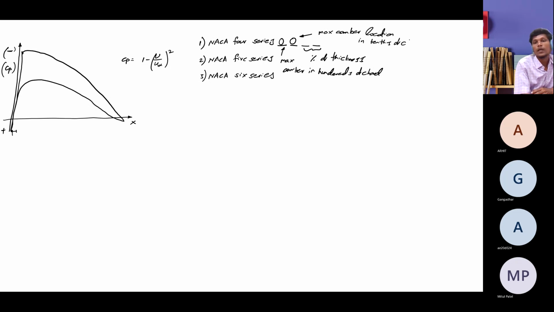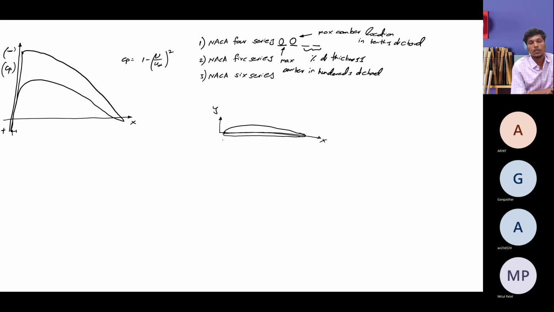So your chord is the key parameter, and you define all other parameters in terms of the chord only. If you want a certain chord length, then all your remaining parameters are also decided. Then how you generate this aerofoil is also a key interesting concept. With these 4 digits, you are able to generate all the coordinates of x and y. Is it possible? How are they generating all these coordinates? Suppose you consider this is your x and y plane, and these are all your coordinates starting.